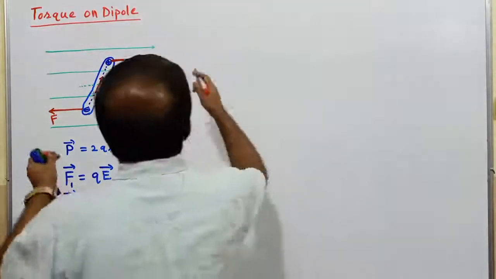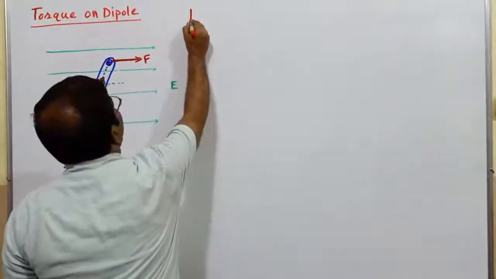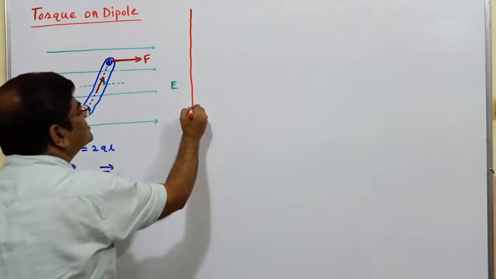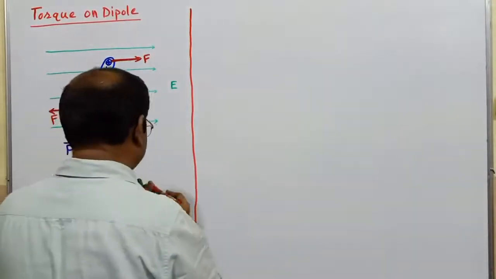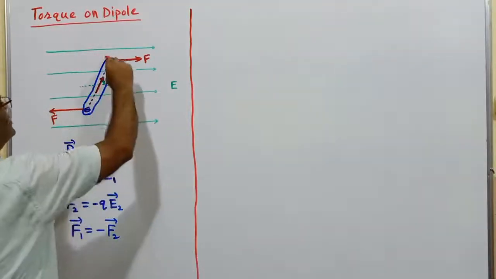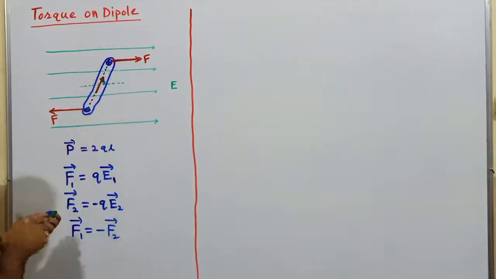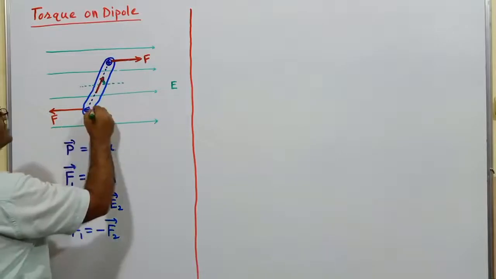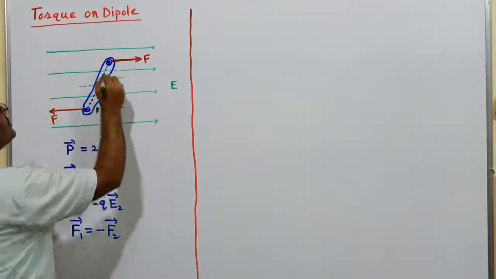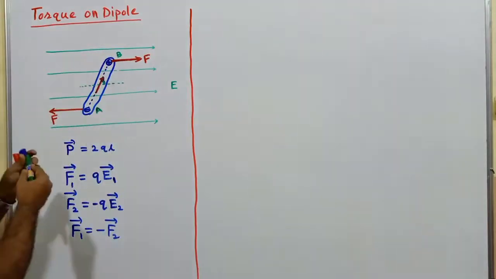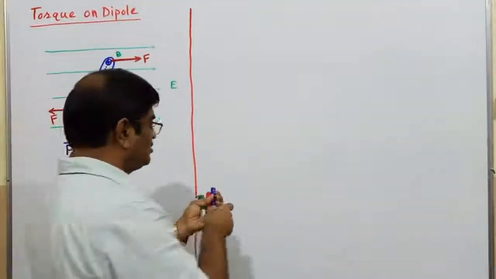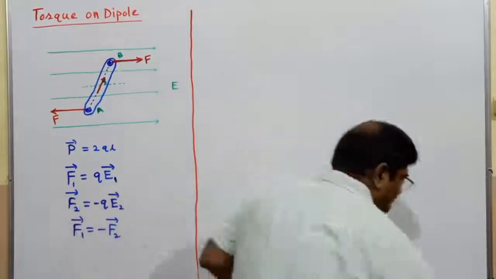For that, the same figure I would just redraw in another sense. See here, this line I would draw. I'll call this location A and this location B. I'll draw that AB there. So here I have that AB.